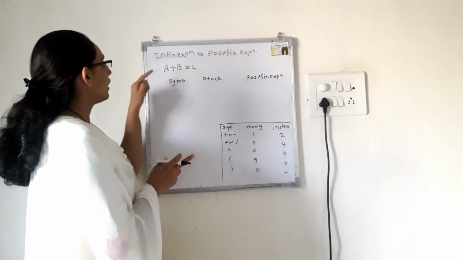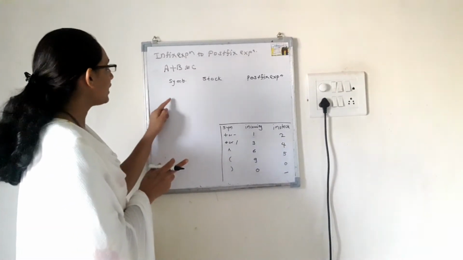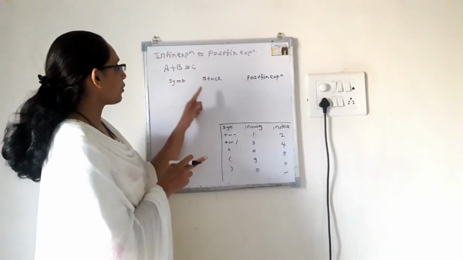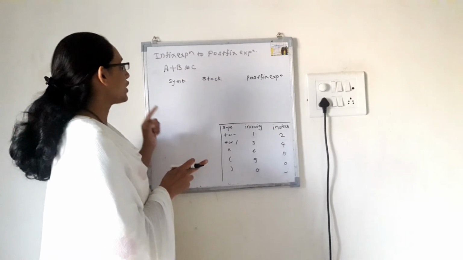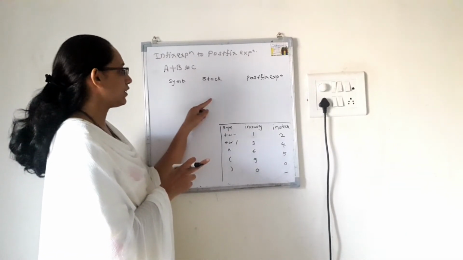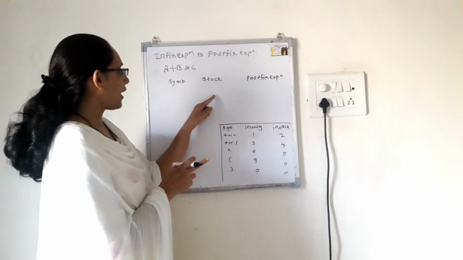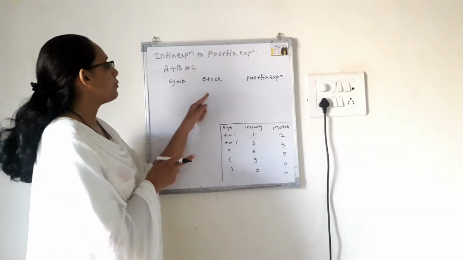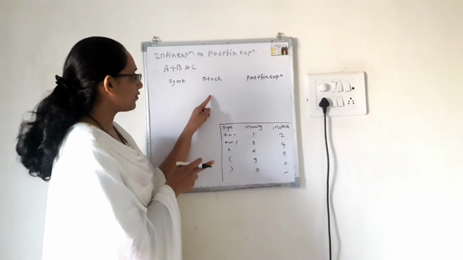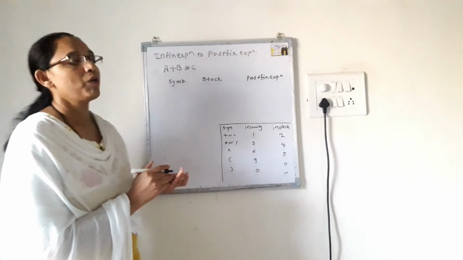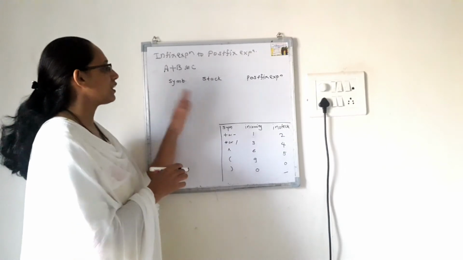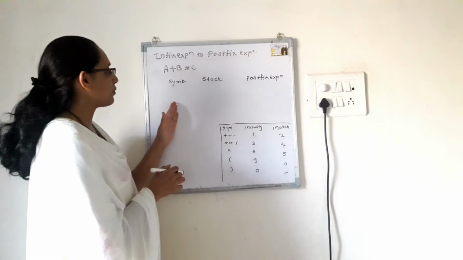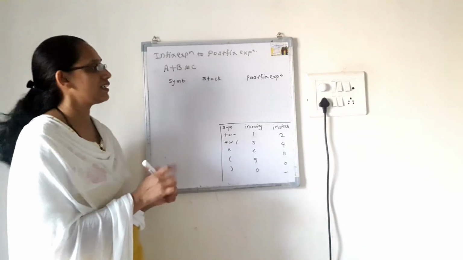When there is an operator, we push that operator into the stack. But before pushing that operator into the stack, first of all we check the top stack operator priority. If the top stack operator priority is greater than the incoming operator priority, then we pop that top stack operator from the stack and put it in the postfix expression. If that condition is not true, then we push the incoming operator into the stack. Let us see how.